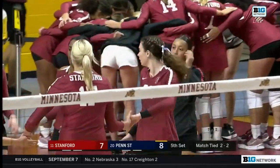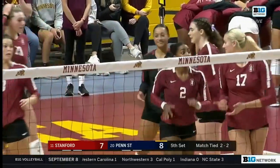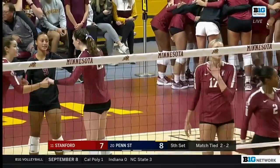You know that the outside, Angelina Stark, is going to get a lot of those swings, but if you can also have some kind of pull to the opposite, it opens up so much more for every hitter on the court. Yeah, of course, Weatherington just rotated out,